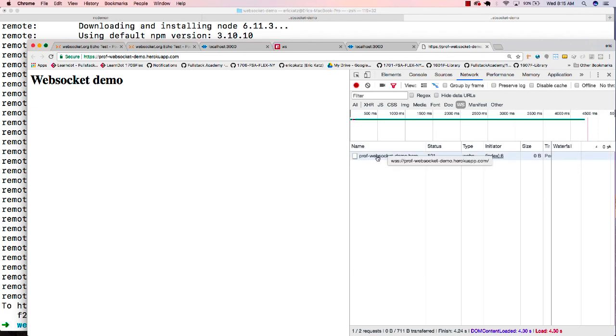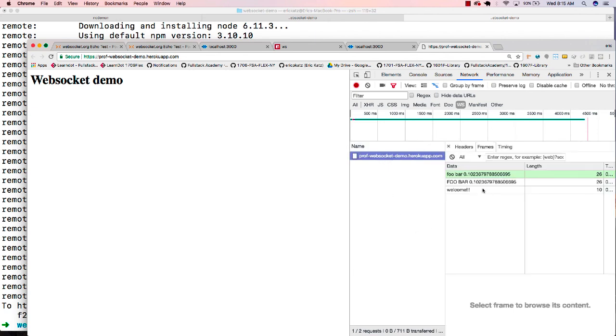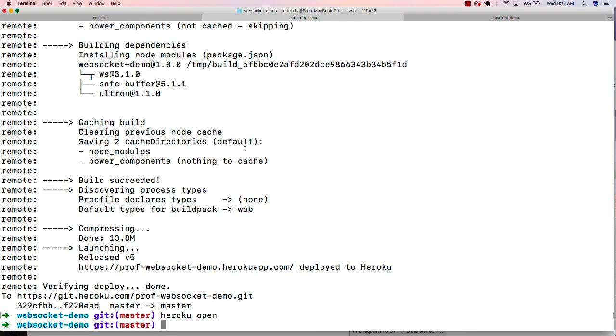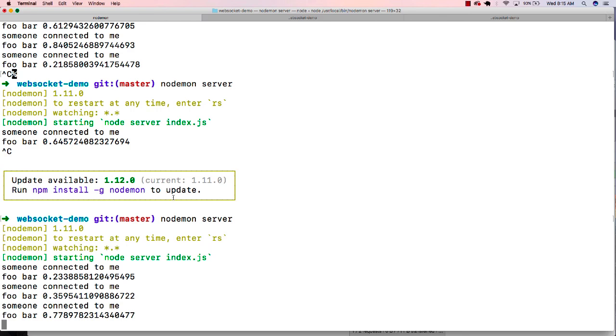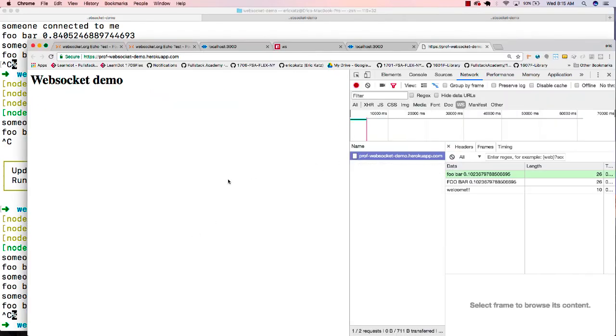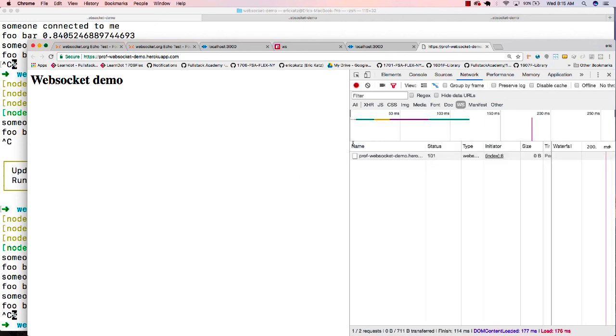It could take a second to create that connection, but I'll see I'm able to connect, and I can see here I'm connecting on Heroku. And if I go back over here just to prove this, I'm going to kill my local web server, and still on Heroku, I should be fine because I'm connecting to the WebSocket